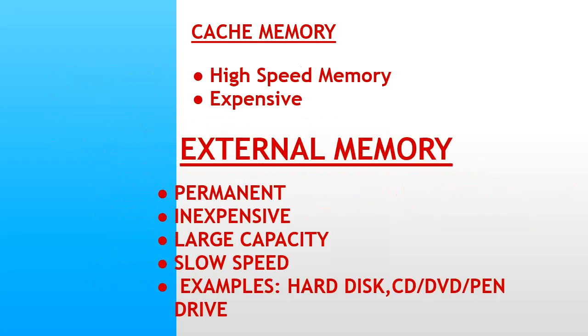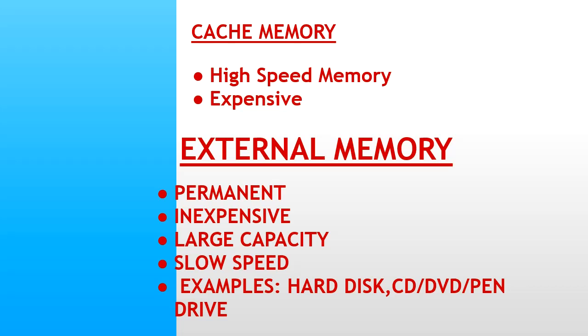Cache memory is a very high speed memory and it is expensive as well. It is used to enhance the speed of storage devices or the memory units. The CPU uses cache memory to store instructions that are repeatedly required to run programs. It can either be inserted on a motherboard or it can be made a part of the CPU.